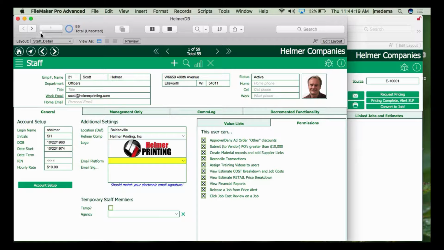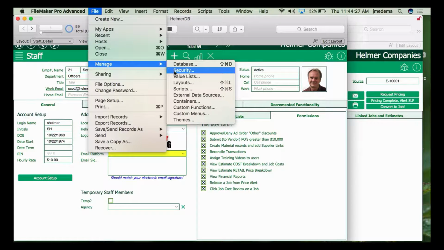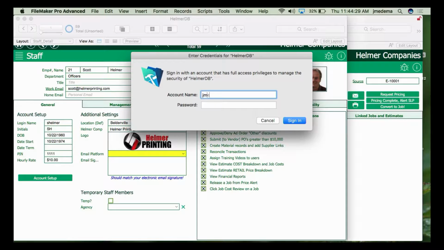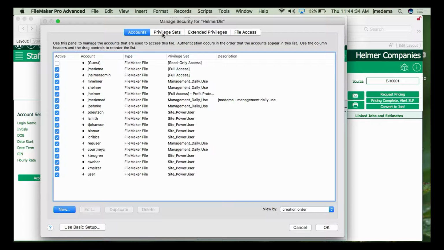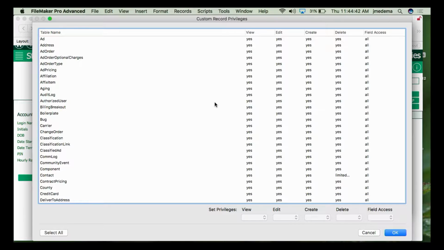So, as we all know, we're doing security. If we have to go in and manage security and set up in detail everything in our privilege set, and we have to go in and do custom everything for all of our fields and layouts and all these privileges, going in and doing that and tweaking and modifying is a lot of energy, a lot of effort, a lot of time, and it's often something that we can't put in front of our end users and say, well, yeah,